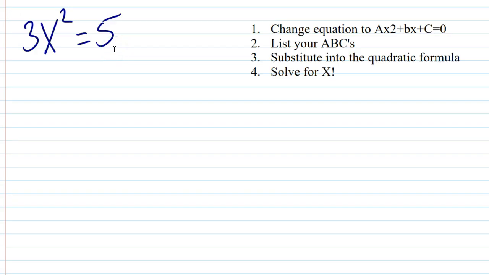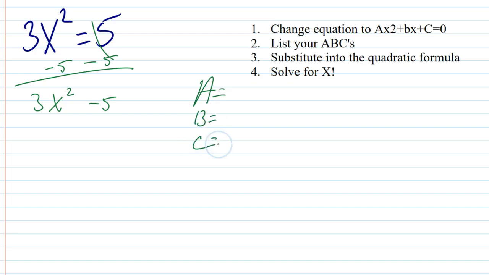Alright, again, this one looks small. It's actually pretty simple. First step is going to be getting the 5 to the other side, and then write your ABCs. This is usually where people mess up on this one. The A value is 3. The B value, well, remember, B is supposed to go in front of the X. There is no X term here, so I simply have a 0. And then the C value is negative 5, which gives me,